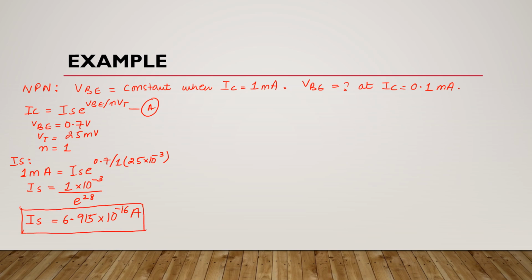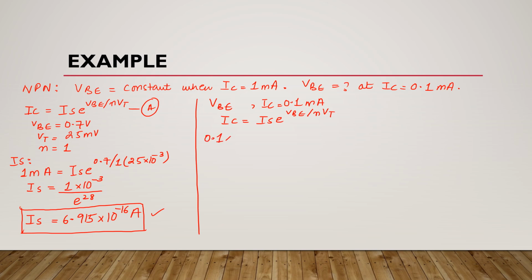Now we will find VBE at IC is equal to 0.1 milliamperes. We'll use the same equation: IC is equal to IS e raised to the power VBE divided by NVT. Now we know that this IC is 0.1 milliamperes. The value of IS is this. We know N is 1, and we know the value of VT. So after putting all these values in this equation, we get